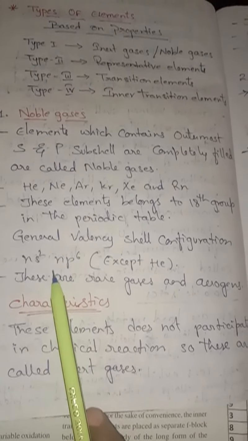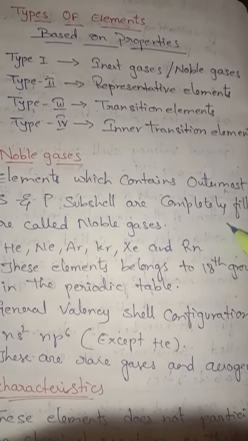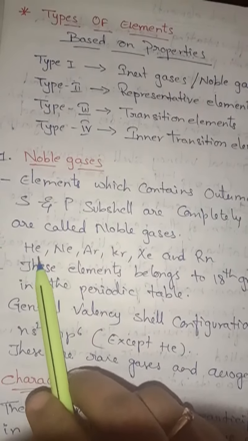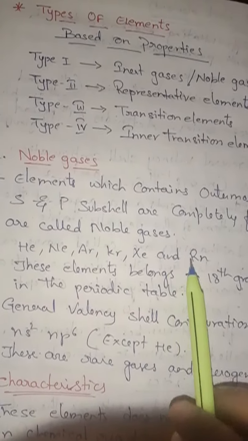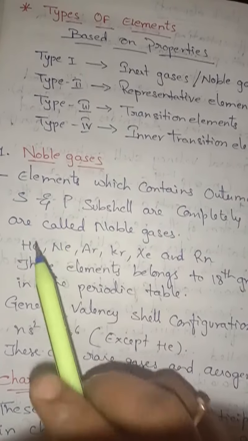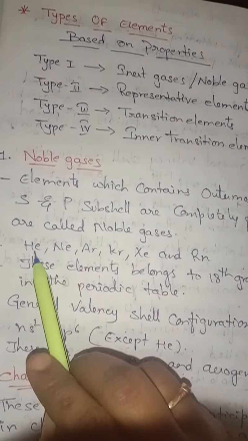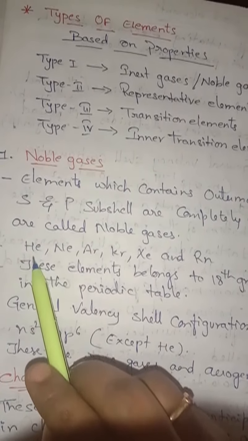These elements are monoatomic gases. Mono means single. Why are they called monoatomic gases, children? Because they do not combine with the same type of element again. For example, we see O2, H2, Cl2 like that, but here they are not like that. Only the elemental formula: helium, neon, argon, krypton, xenon, radon. As they have the number of atoms 1, they are called monoatomic. The number of atoms present in one molecule of an element is called atomicity.